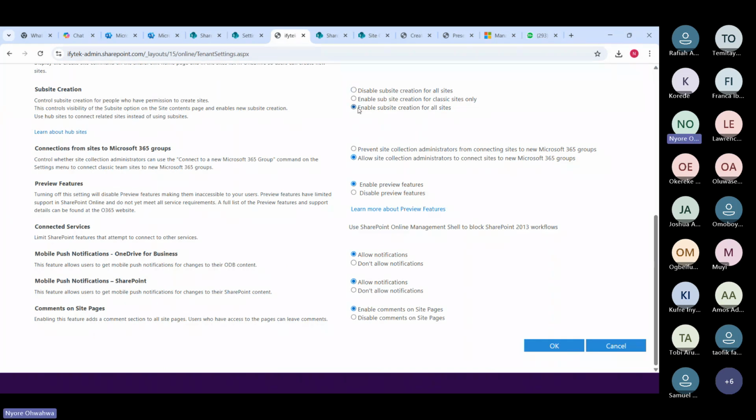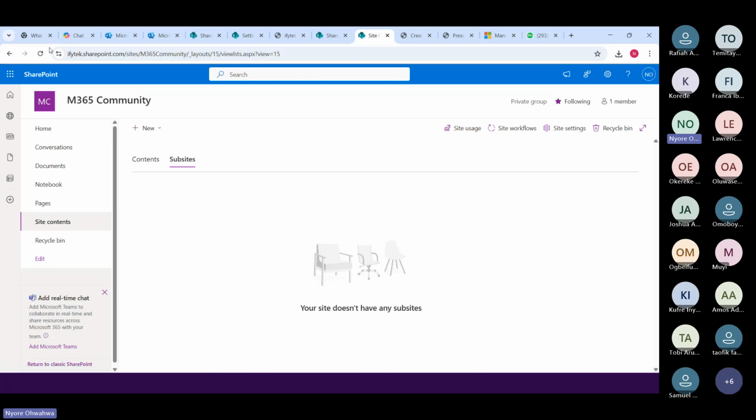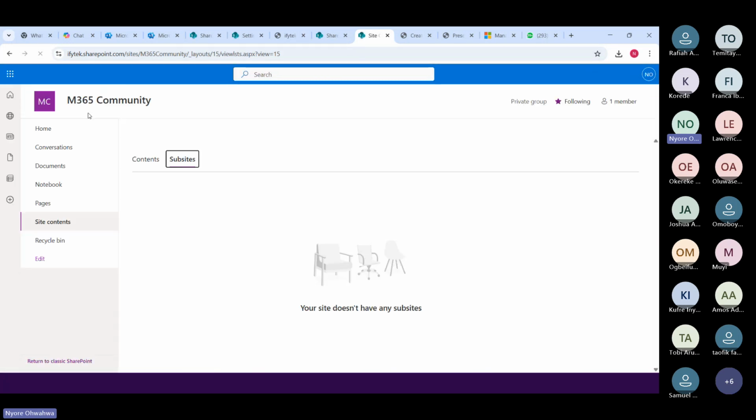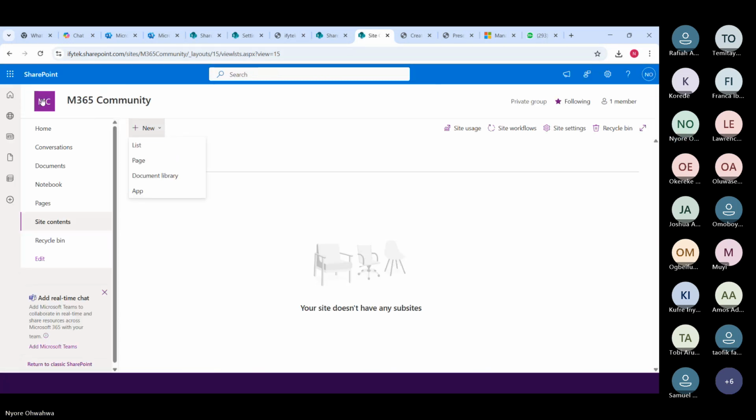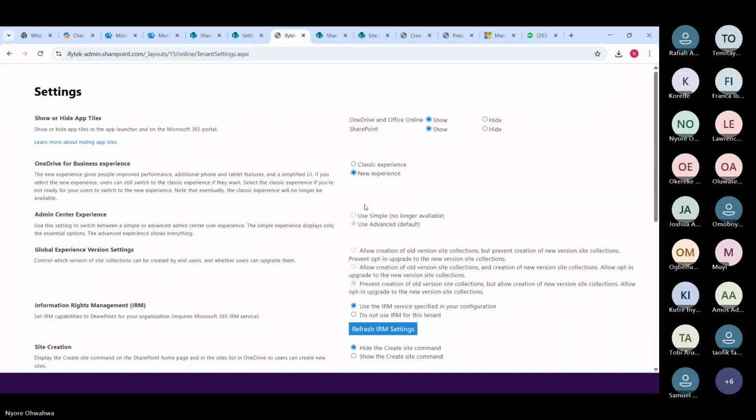So I'll come back here to enable sub-site creation. Say okay. So if I go back into this, I should be able to see the option to create a sub-site.